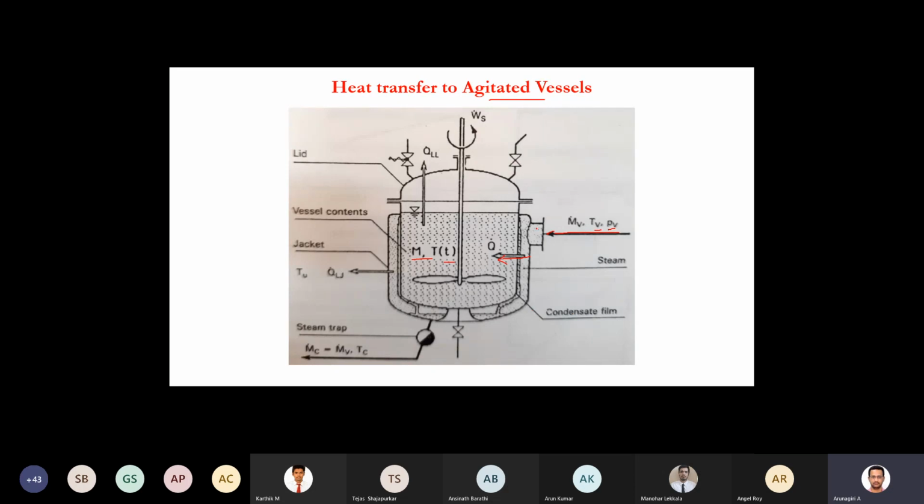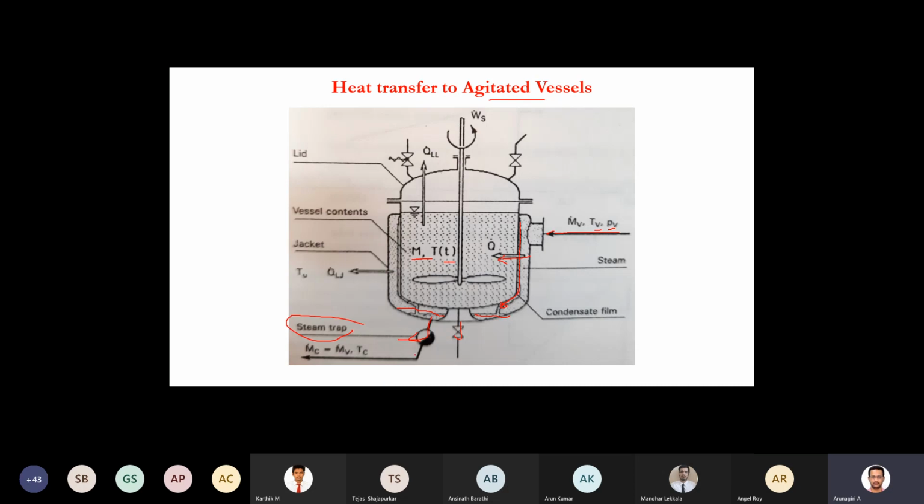Okay, pressure condition. Once the heat is transferred from the steam to the liquid medium in the vessel, what happens? The condensation will take place. You will get the liquid condensate from the vapor, and that has to be collected, so you have to provide drainage. You have to provide suitable arrangements to collect the drainage, and also you should have a steam trap. The drainage and steam traps are different.